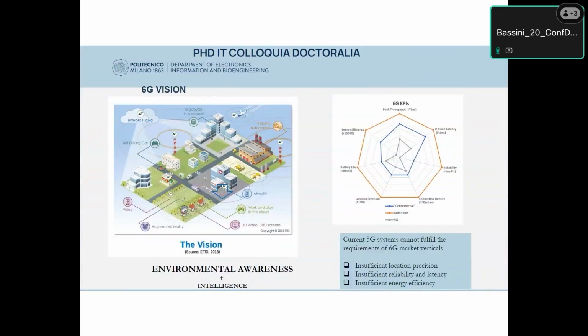We have this kind of environment in which we have a smart environment. So we have entities that could be users, cars, and everything that communicate between each other. And what is the vision for 6G? We should have environmental awareness and AI, so intelligence. And what are the KPIs? We have the current 5G system that fulfills only some requirements. But for 6G, we are trying to have a localization precision that is going to be enhanced. So we want to perform sensing, so environmental perception of what is surrounding the vehicles or the entity that has to communicate.